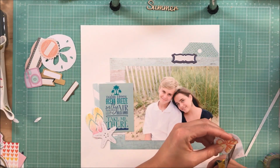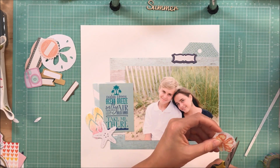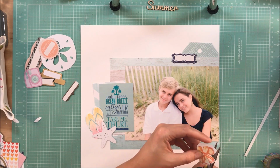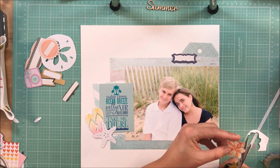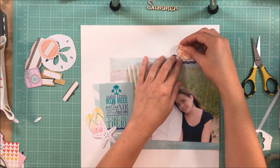Now the flower is a different color altogether. It has more of the oranges and yellows in it. The yellow corresponds with the flip-flops, but the oranges really don't. So I'm going to just keep that in the back of my mind and figure out how else I can bring these pops of color